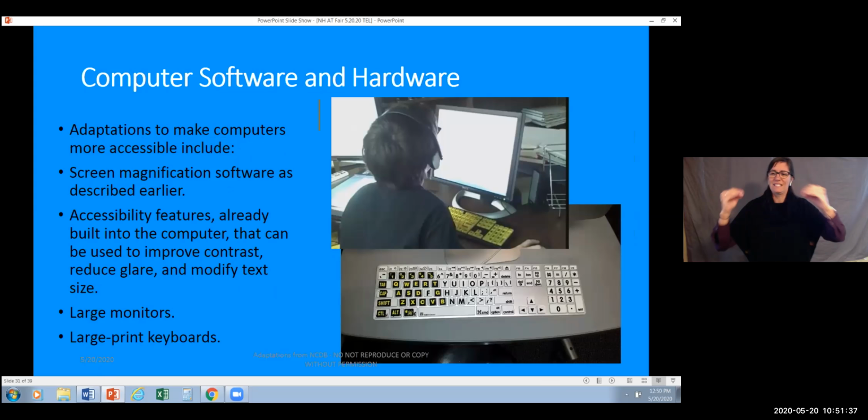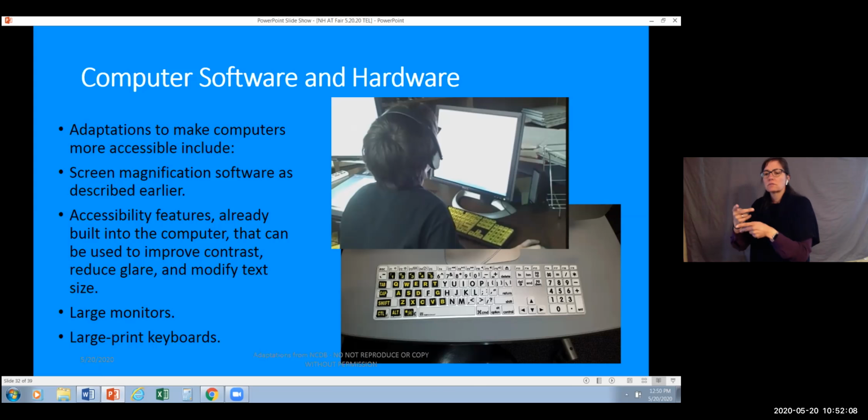And we also know that computer software and hardware is exploding. There are so many options. It's wonderful, and our field has certainly benefited as well as students, but there are so many options out there. I find that my IT folks and my assistive technology consultants are really helpful at looking at the various products and companies that put out more products that might be applicable to